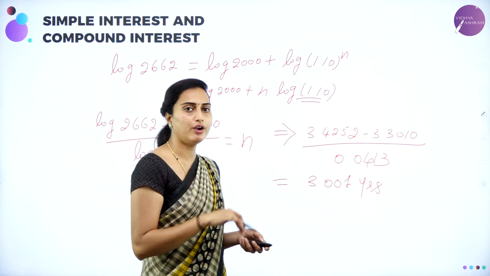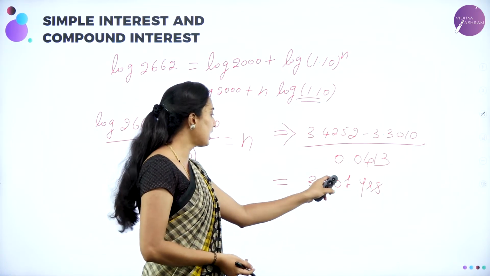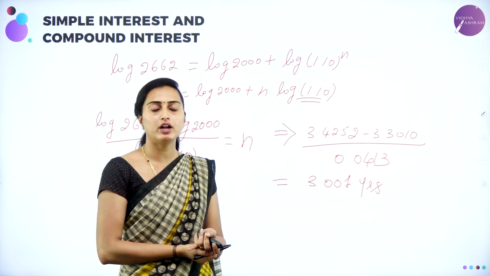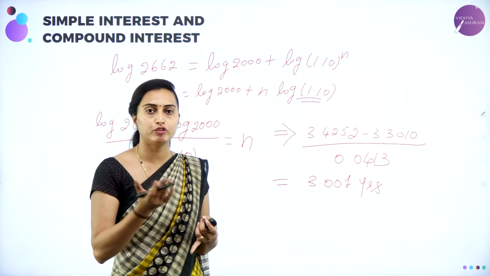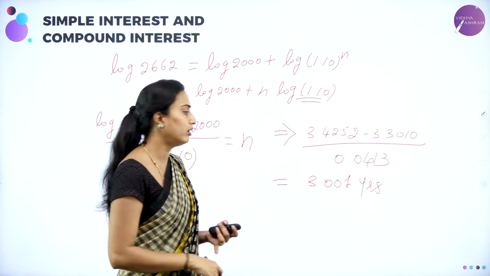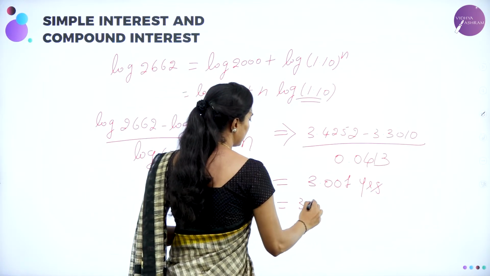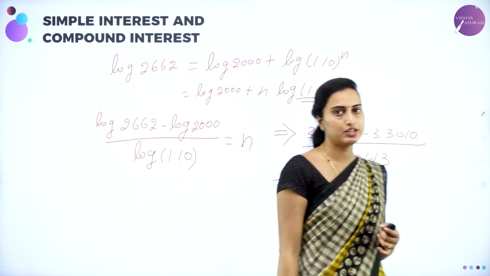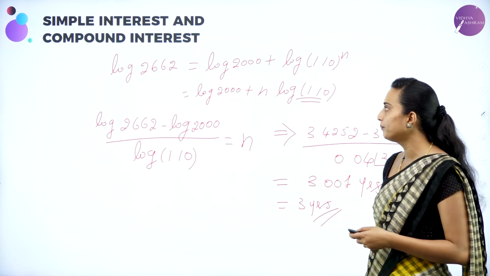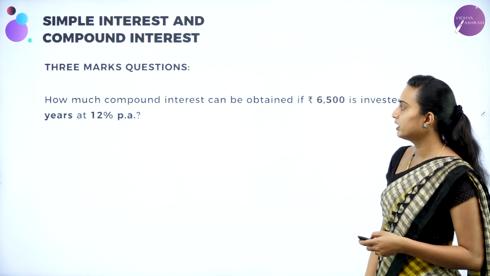3.00 will be rounded off to 3. If it is after 5, 3.5 is rounded up to 4. 3.51, 3.52, 3.53. Within 3.5, it is rounded to 3, which is 3 years. That's it, dears. Is that an easier calculation you are going to have? Okay, we'll move on to the next question.